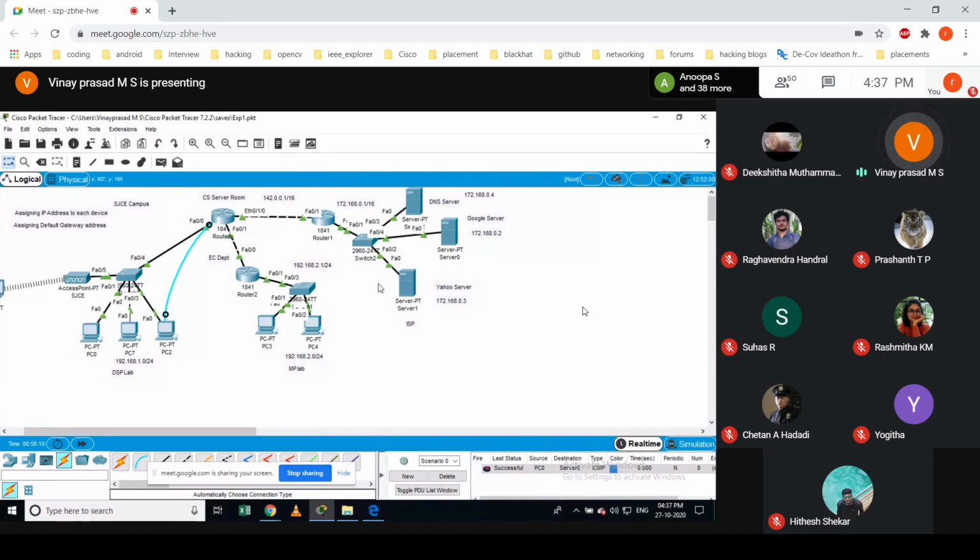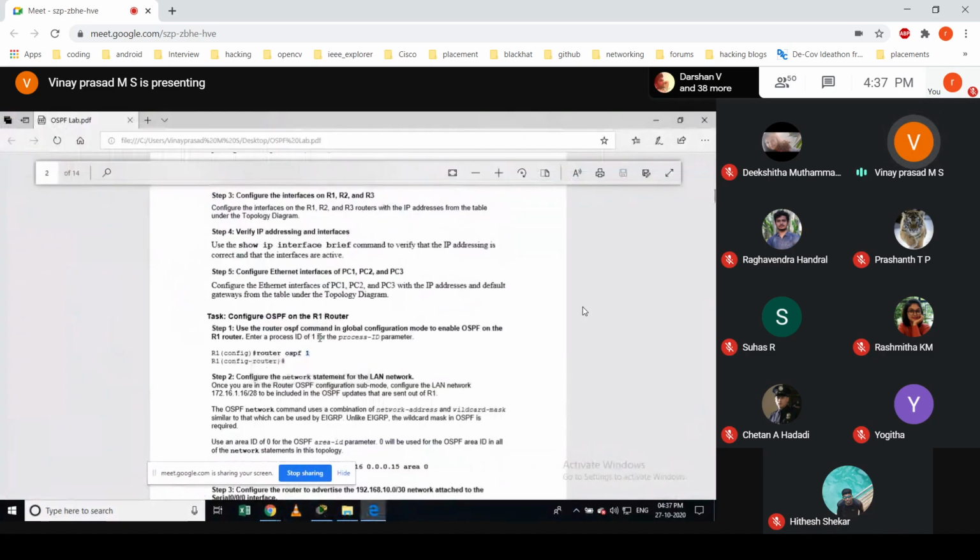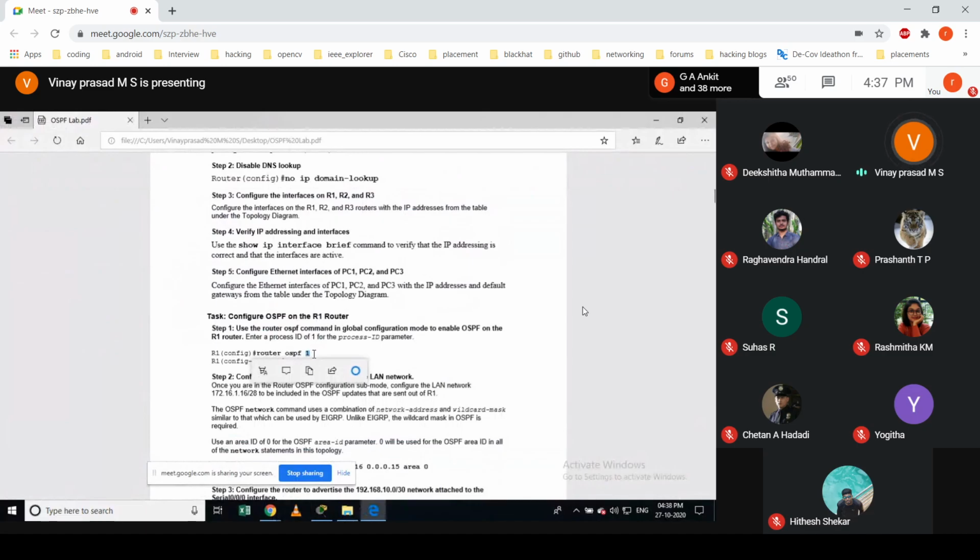Okay, we have to keep every OSPF process which is running between a service provider network and our network, or Vidyavardhaka or some NIE network, distinct. This router is going to run multiple OSPF processes, so in order to distinguish them, we use something called process ID. That is what we are mentioning here: router OSPF, followed by the process ID. You can use any number, but it should not be the same as on the other processes which are running.